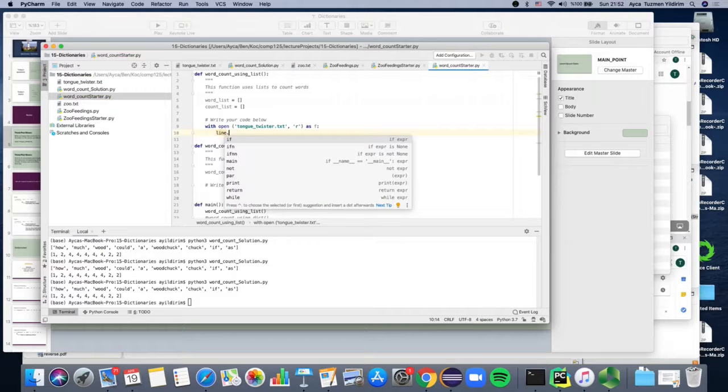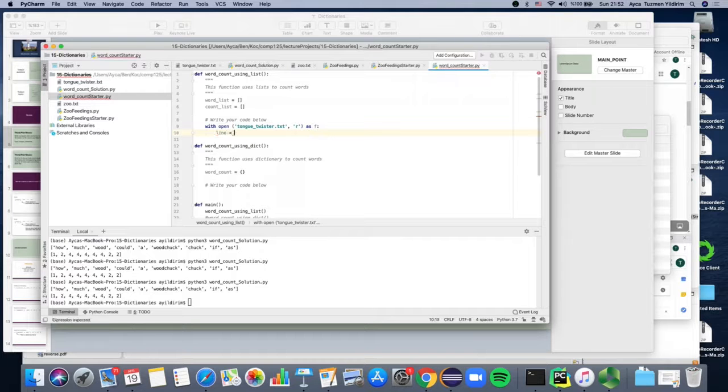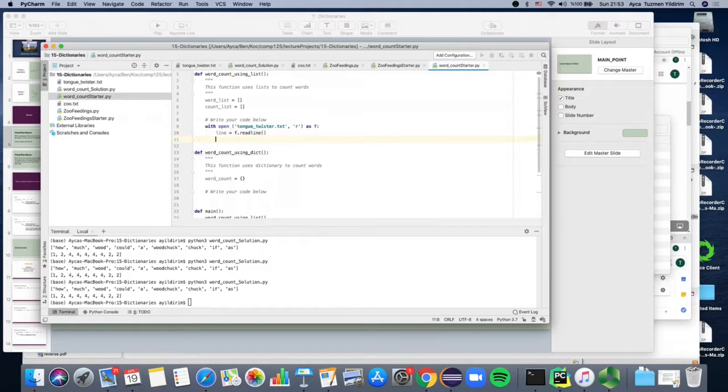The first time I'm going to say the line is equal to F read line, and later on I'm going to say, while line has some data in it, while it's not an empty string,